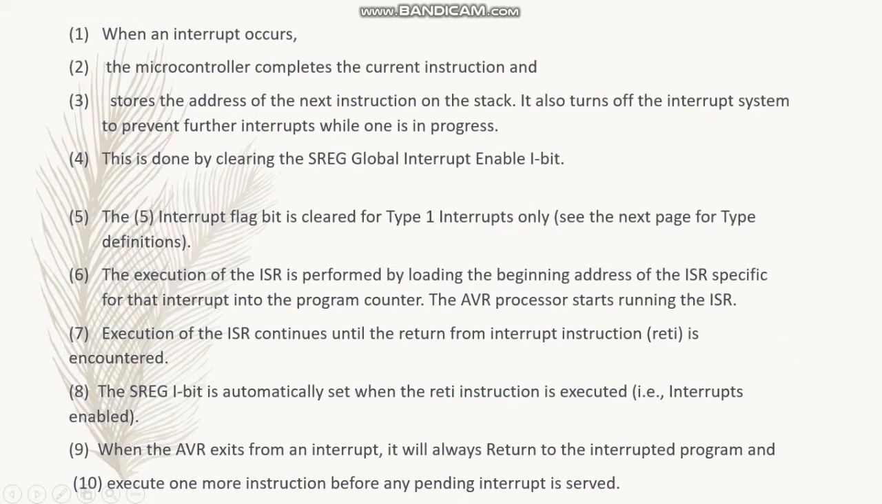The interrupt flag bit is cleared for type 1 interrupts only. The execution of the ISR is performed by loading the beginning address of the ISR specific for that interrupt into the program counter. The AVR processor starts running the ISR. The execution of the ISR continues until the return from interrupt